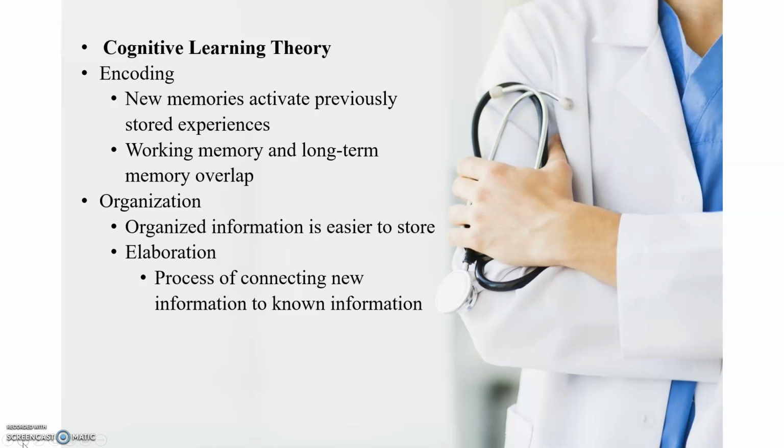Following this information storage model, encoding is a process where new memories activate previously stored experiences, causing working memory and long-term memory to overlap. Information storage can be enhanced through organization, where it is already contained within a structure, making it easier to store. Elaboration in the context of cognitive learning is a process of connecting new information to known information by deliberately activating